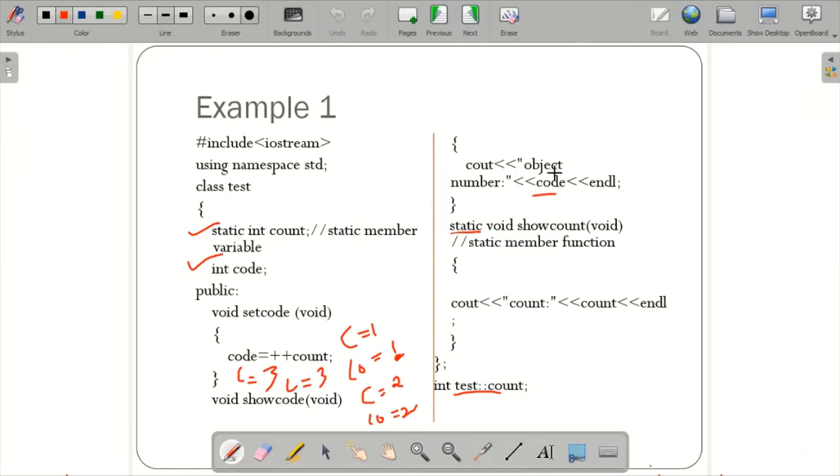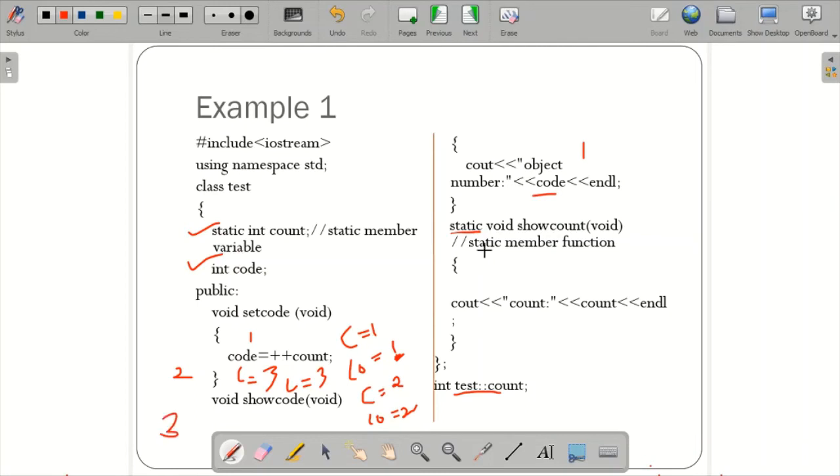You might think it should be the same, but when I called t1.setCode, code became 1 and count became 1. When I called t2.setCode, count got incremented to 2 and code became 2. When I called t3.setCode, count became 3 and code became 3.